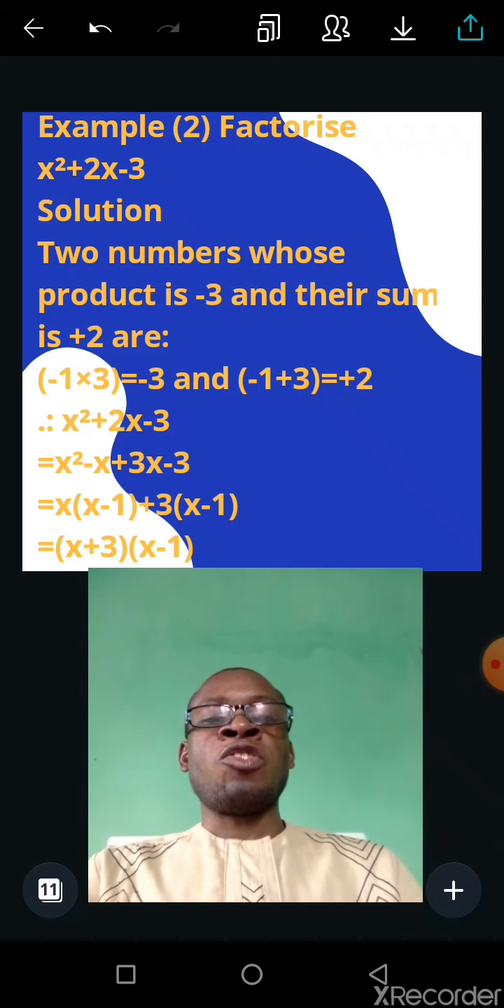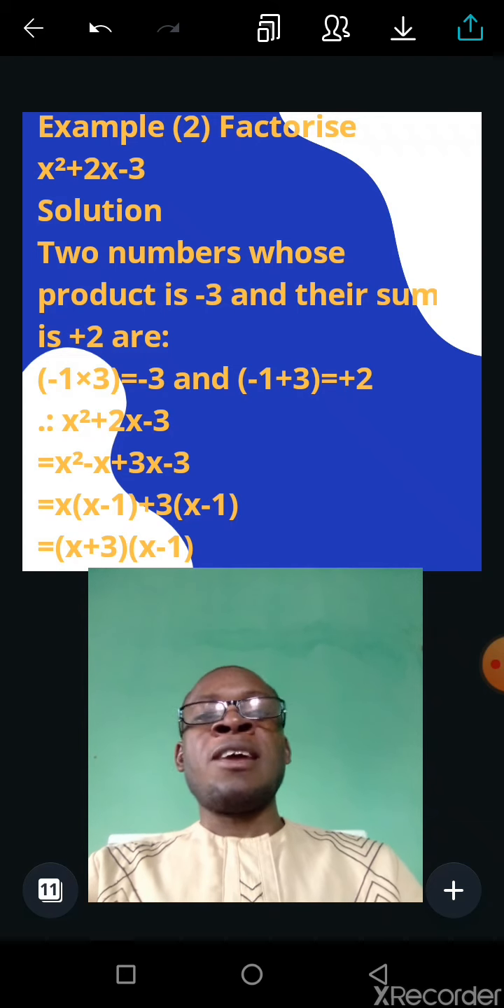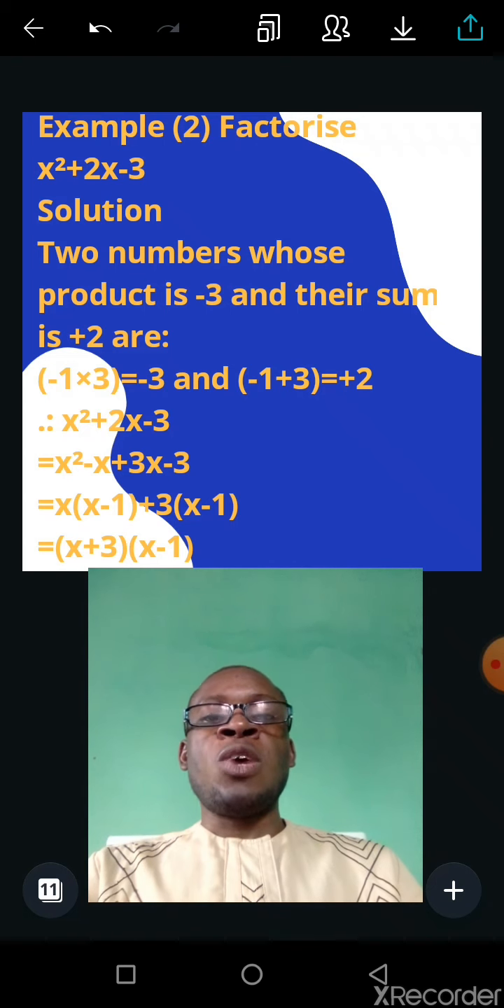How does that work? Somebody is owing you 1 naira and the person comes to pay you 3 naira, you are having extra 2 naira. So −1 plus 3 equals +2. That's your directed number. Therefore, x² + 2x − 3 will now give you x² − x,